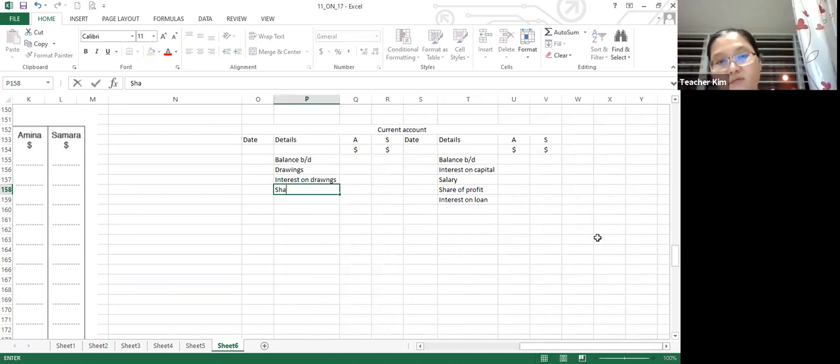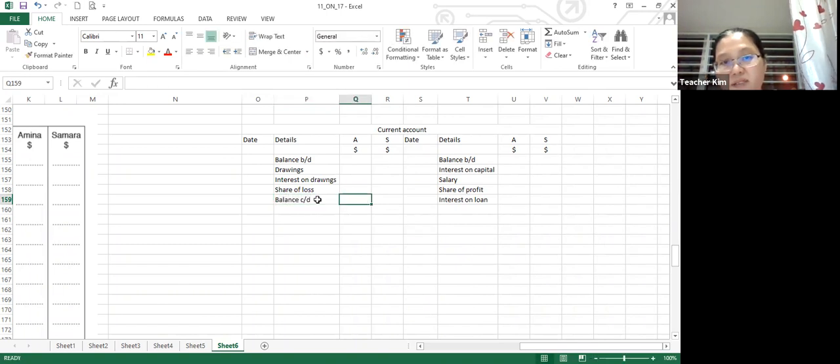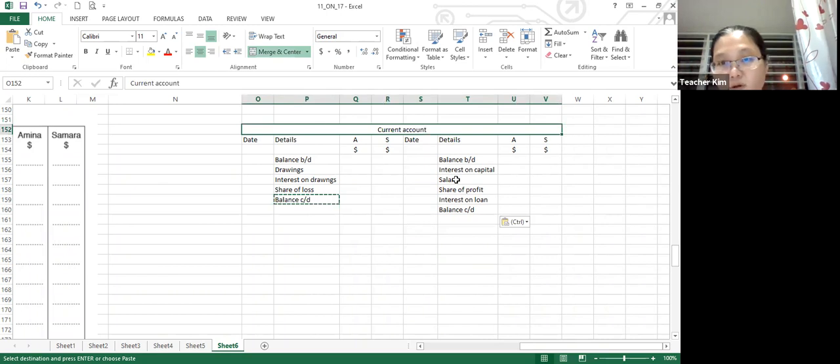If we have the share of loss, this is the format. Balance carry down can be debit or can be credit depending on the question. So this is about the current account. The format here, credit side,